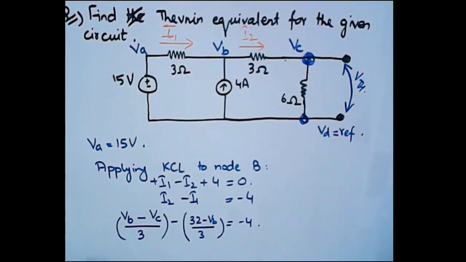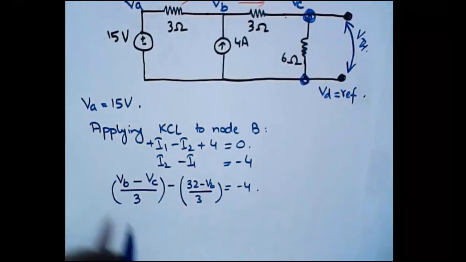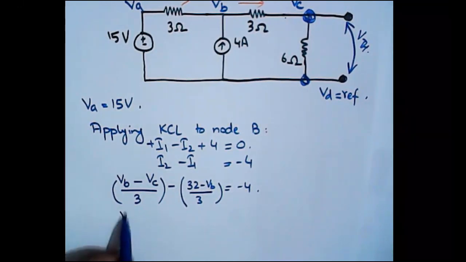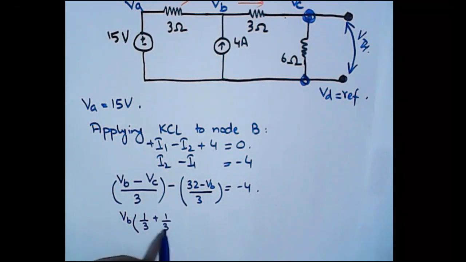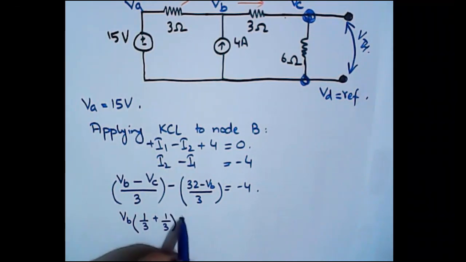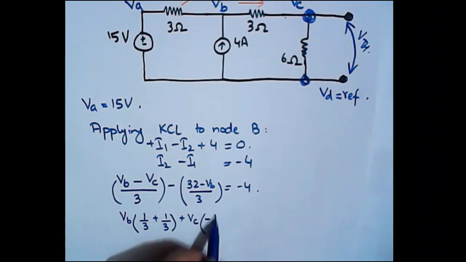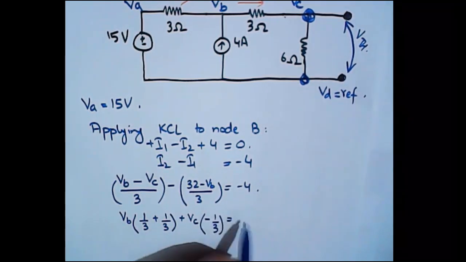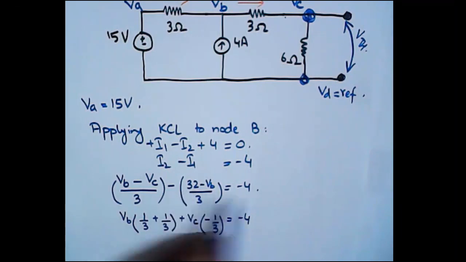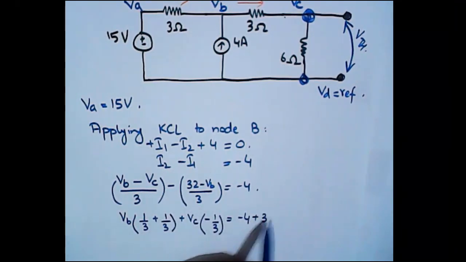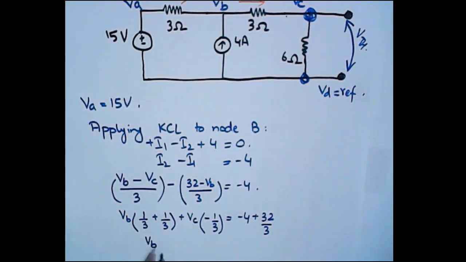And then we can write here VB (1 upon 3 plus 1 upon 3) plus VC (minus 1 upon 3) equal to minus 4 plus 32 upon 3, right? So it will be VB 2 upon 3 plus VC minus 1 upon 3 is equal to,